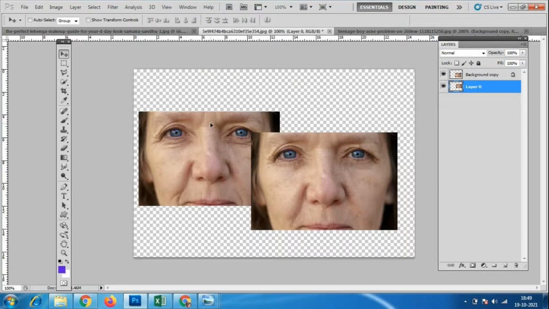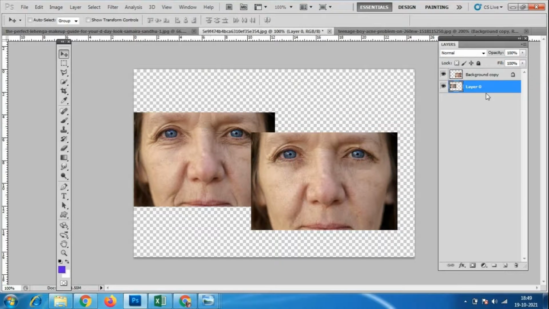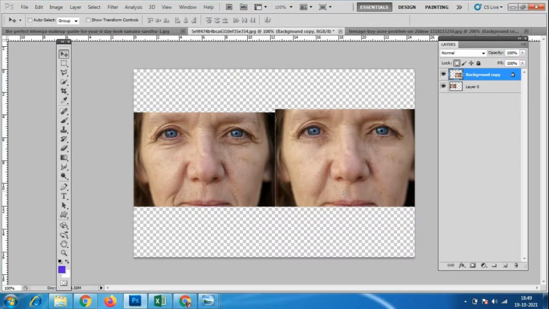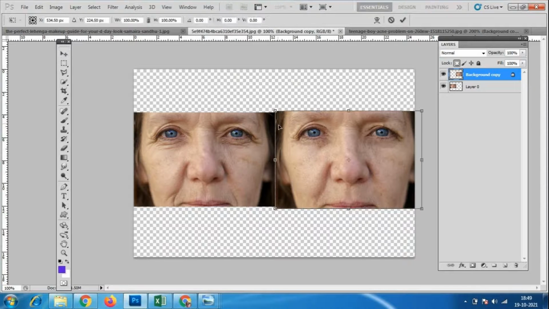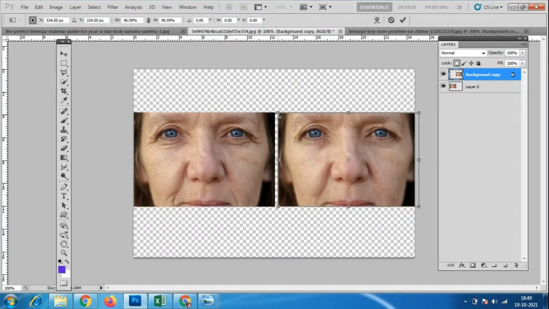This is the wrinkled image, and this is the non-wrinkled image. Okay. For this only, you can add the background. Just place it properly.